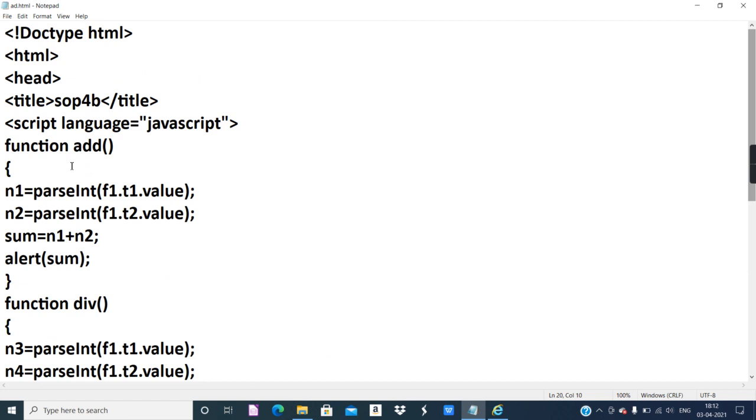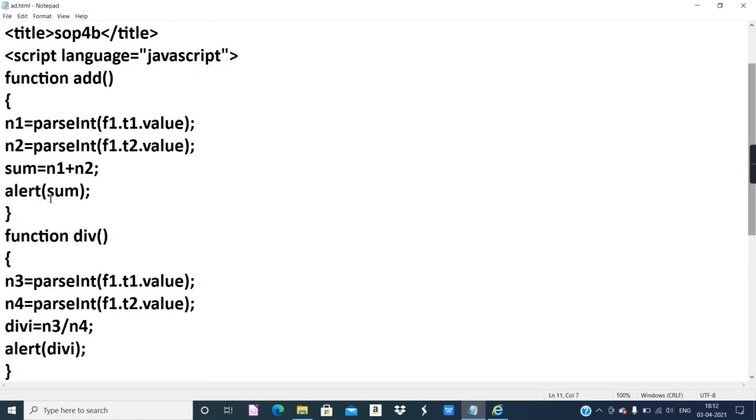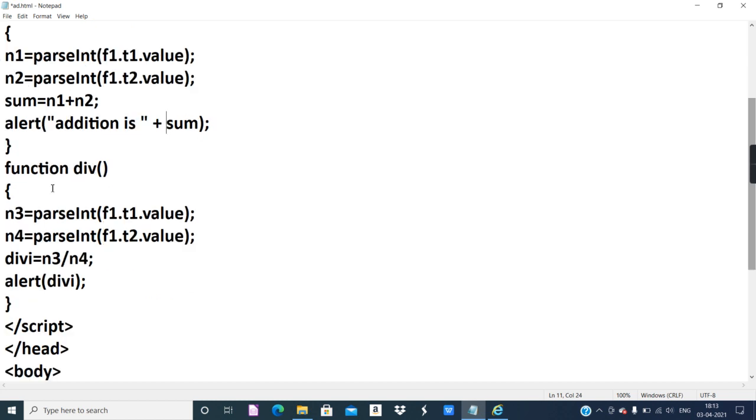Now let me just add a few words to make it more proper. Sum. So here I will just add "Addition is", and join this with the help of the concatenation symbol. And similarly here also I will add "Division is", or the answer is, whatever.